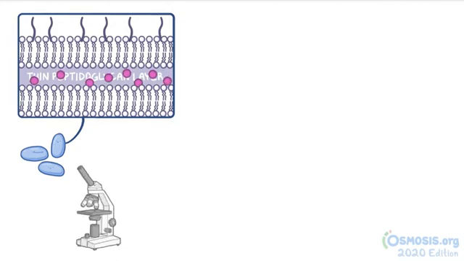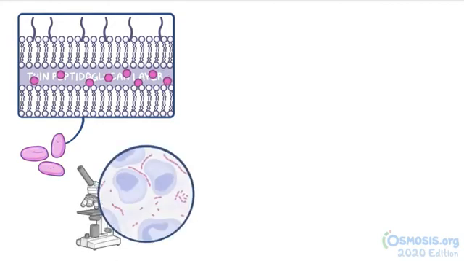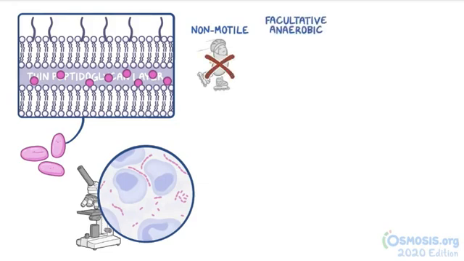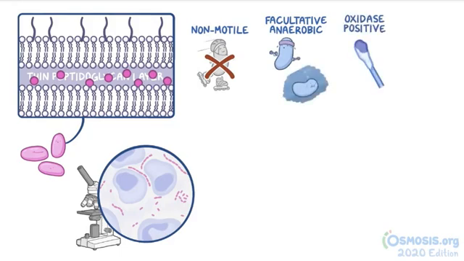So, under the microscope, the bacteria look like short or relatively long pink rods with rounded ends that usually grow in chains, so they're sometimes compared to a school of fish. Now, Haemophilus ducreyi is non-motile, so it doesn't move, facultatively anaerobic, which means it can survive in both aerobic and anaerobic environments, oxidase positive, which means it produces an enzyme called oxidase, and catalase negative, which means it doesn't produce